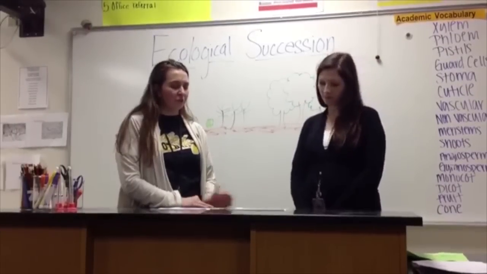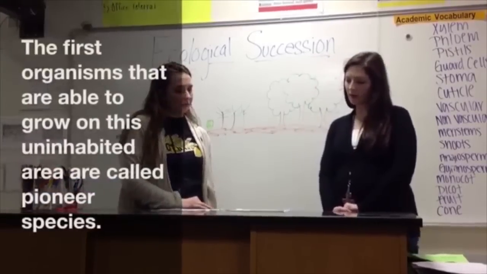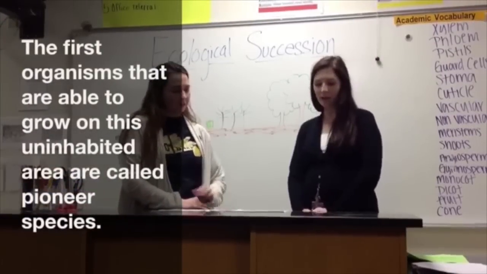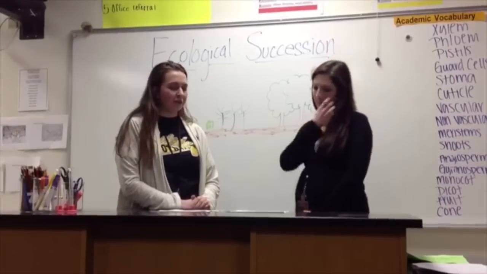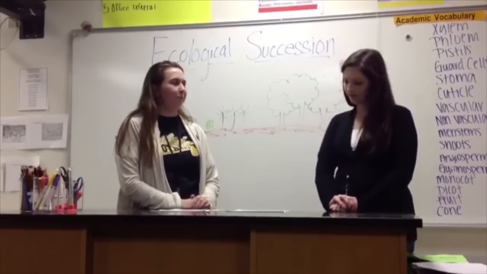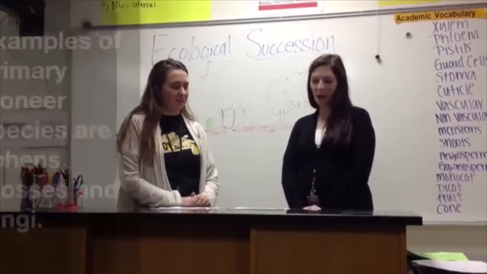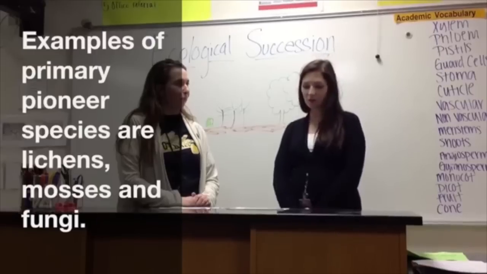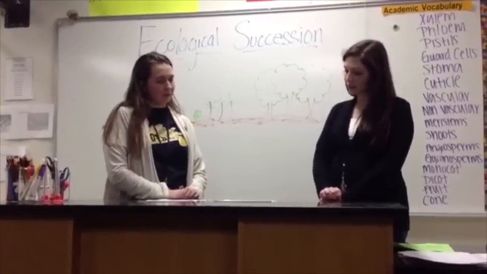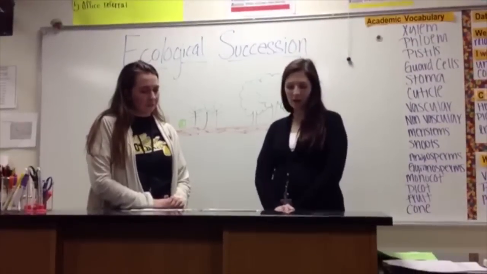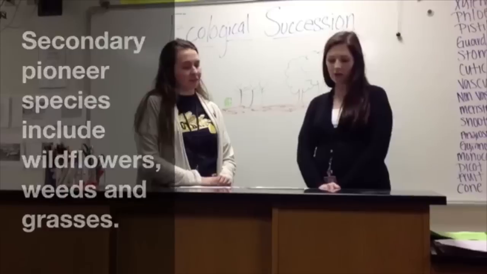So what are the first organisms that are able to grow here called? The first organisms that are able to grow on this uninhabited area are called a pioneer species. So the pioneer species are growing on bare rock? That's correct. An example of a primary pioneer species is the growth of lichens, mosses, and fungi. Secondary pioneer species include wildflowers, weeds, and grasses, and it takes hundreds of years to reach maturity, which is considered